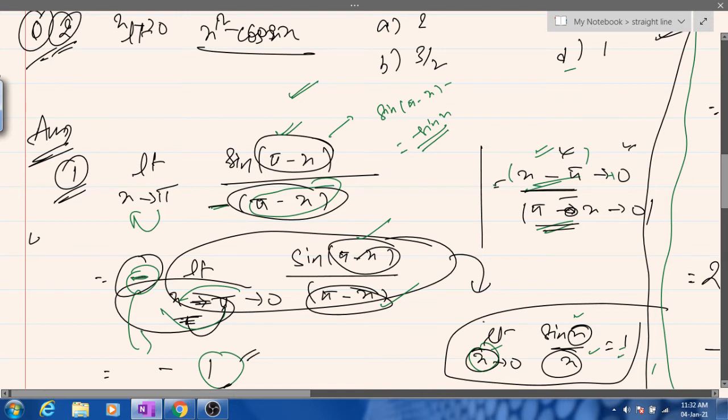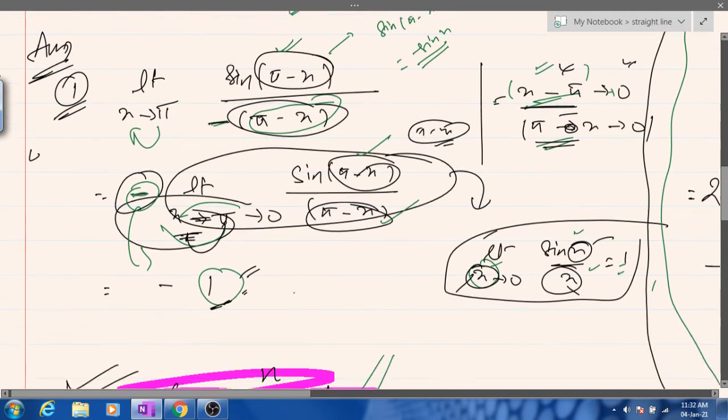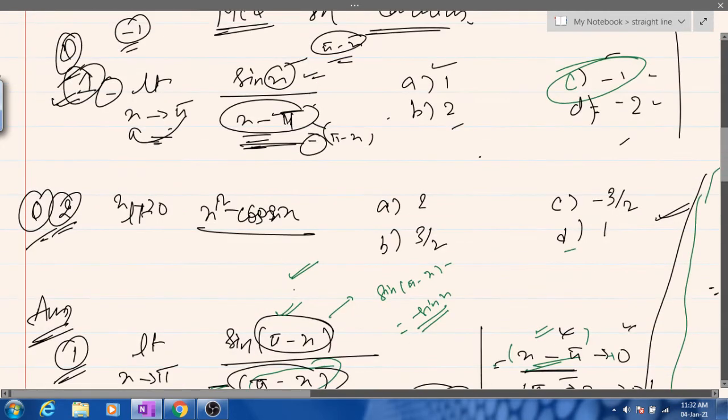As your answer, limit x tends to 0, keeping in mind x stays the same out here. Over here, x is your pi minus x. Okay, this thing gives you minus 1 as your answer. Okay, that's it for this numerical. Moving on to the next one, we have